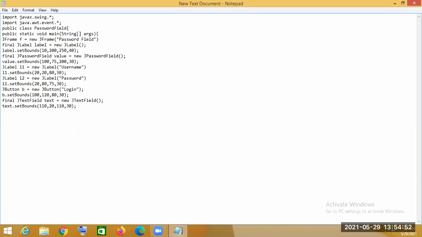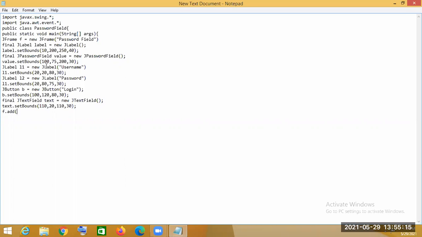So first we want to add our password field. So first we want the password field to be included. For the password field, you have to include it in the frame.